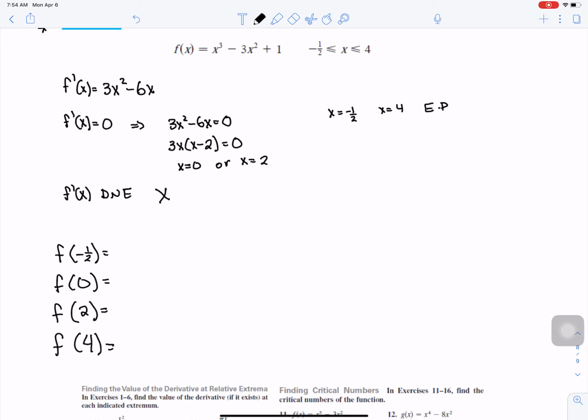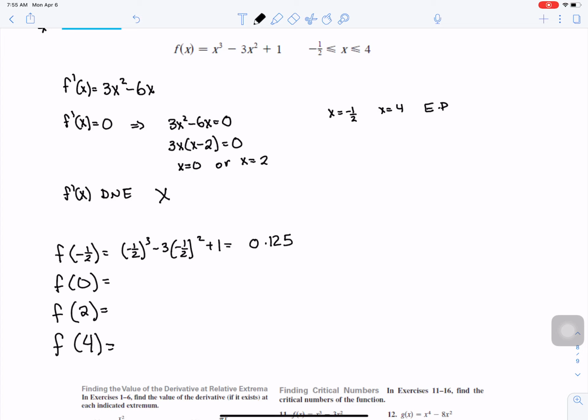The largest of these is going to be my absolute max, and the smallest of these is going to be my absolute min. So I'm going to quickly use my calculator to work this out, but on the assessment, you just slow yourself down and plug them in. So this would be -1/2 cubed minus 3 times -1/2 squared plus 1. When I sub that into my function,